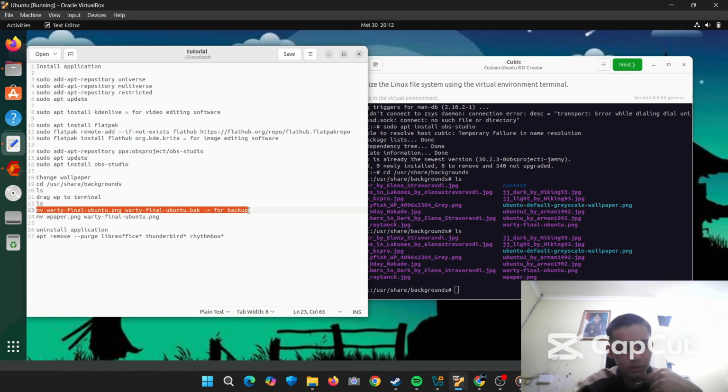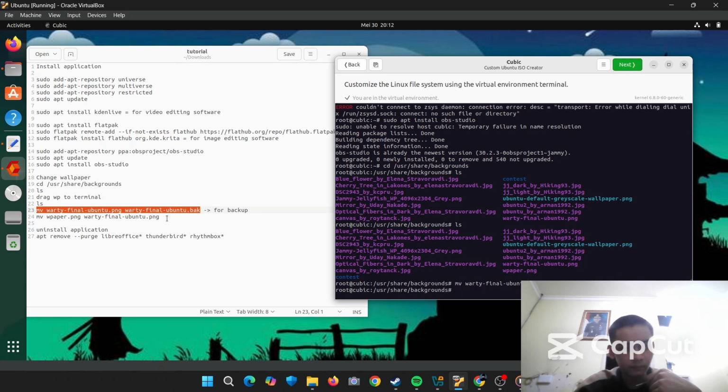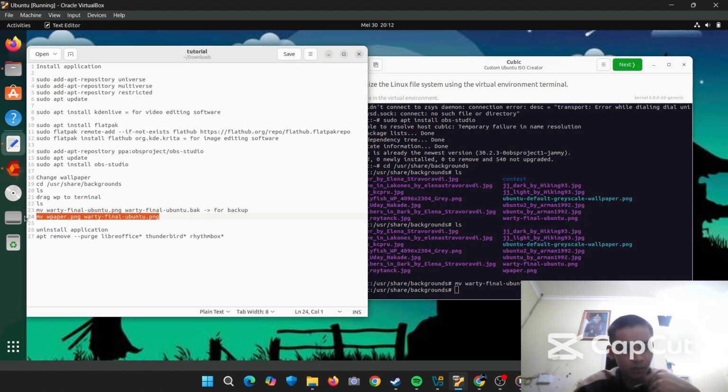And then we run this command to change the name of the original wallpaper file to backup. And we rename our wallpaper to the name of the original wallpaper.